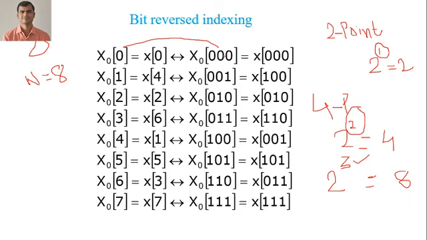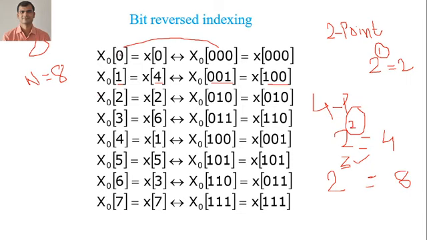Now if you read this value, it becomes 0. This value also becomes 0. Now for 1, it becomes 0 0 1. Normally it is 0 0 1, but in terms of bit reverse it becomes 1, then 0, then 0. That is why I have written here 1 0 0. Initially this 1 has the value 1. After bit reverse it changes to 4. So the bit reverse of 1 is 4 for 8 point. Similarly for 2, 3, 4, 5, 6 and 7.